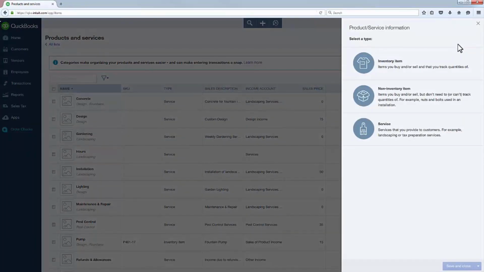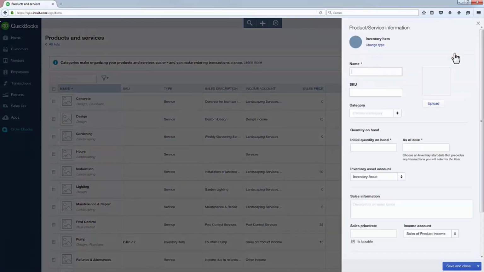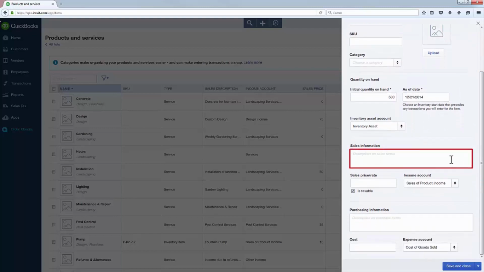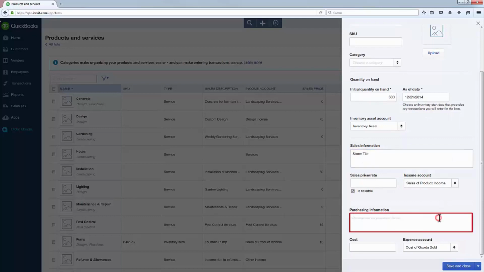Click New on the top right of the screen. Then select Inventory Item from the Product or Services Information drop-down list. In the Name text box, type Stone Tile. Type 500 in the Initial Quantity on Hand text box and 12/31/2014 in the As Of Date text box. Leave Inventory Asset as the Inventory Asset account. Then type Stone Tile in Sales and Purchase Forms